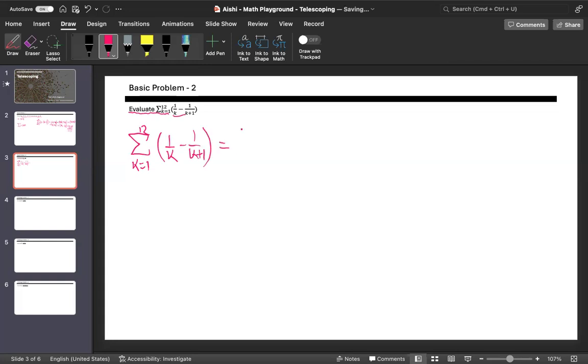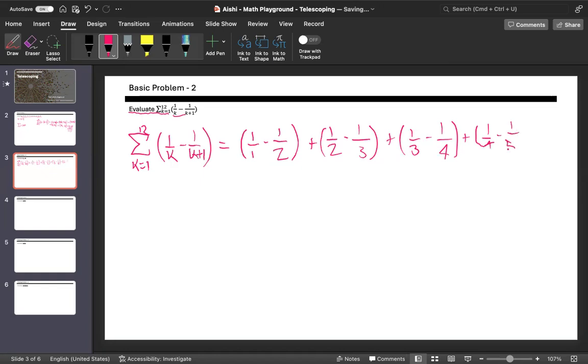So this would be 1 by 1 minus 1 by 2 plus 1 by 2 minus 1 by 3 plus 1 by 3 minus 1 by 4 plus 1 by 4 minus 1 by 5 plus 1 by 5 minus 1 by 6 plus 1 by 6 minus 1 by 7 plus 1 by 7 minus 1 by 8 plus 1 by 8